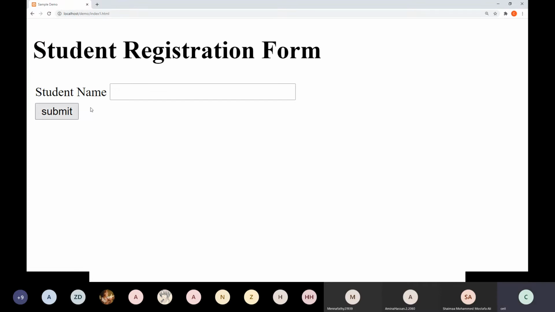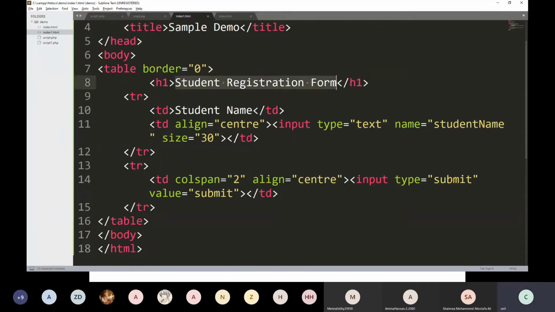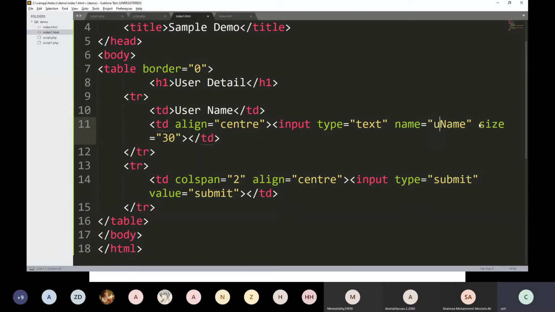Student name, submit. This is not a student registration form, this is user detail. Here you have username, and here you write uname and submit.